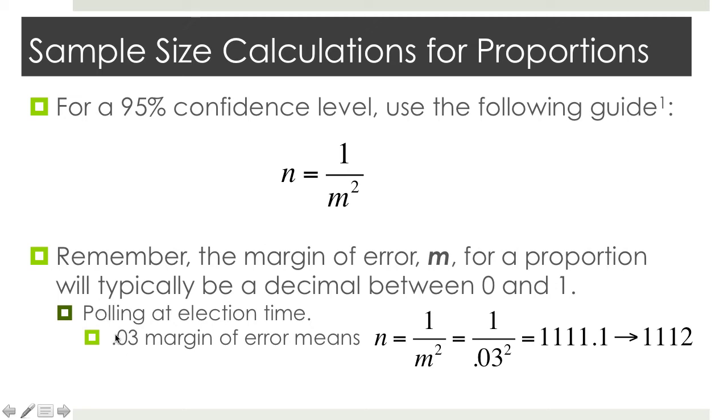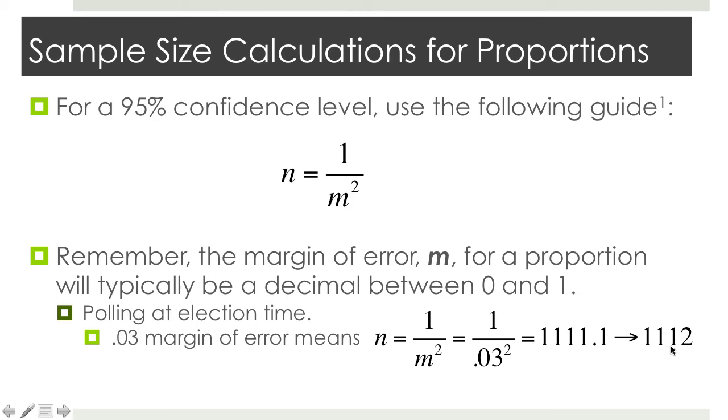And you typically see margins of error of plus or minus 0.03. If you were looking for a margin of plus or minus 0.03 and you're constructing a 95% confidence interval, then the sample size n that you need is going to be 1 over m squared, or 1 over 0.03 squared, and that's about